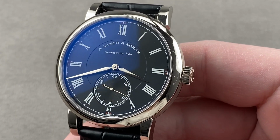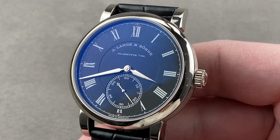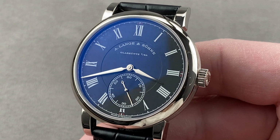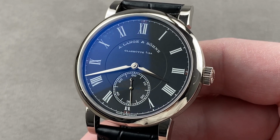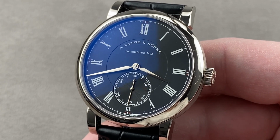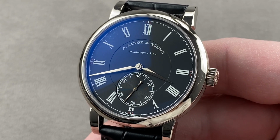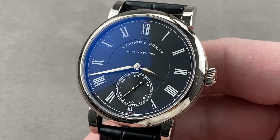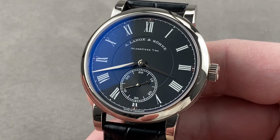Today we're discussing a 218-piece limited edition from 2016 that has been called the coolest three-hand watch ever made, and I'm not exactly a rookie or a recent arrival to this industry. I've seen the watch many times and examined the competition. I actually agree. This might be the coolest three-hand watch ever. And it has a name. From A. Lange & Söhne, it is the Richard Lange Pour le Mérite, a constant force, time-only, 40.5 millimeter white gold